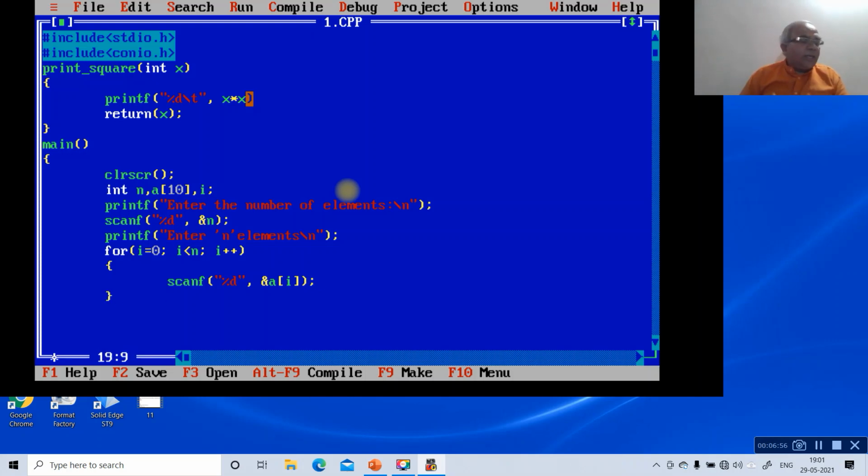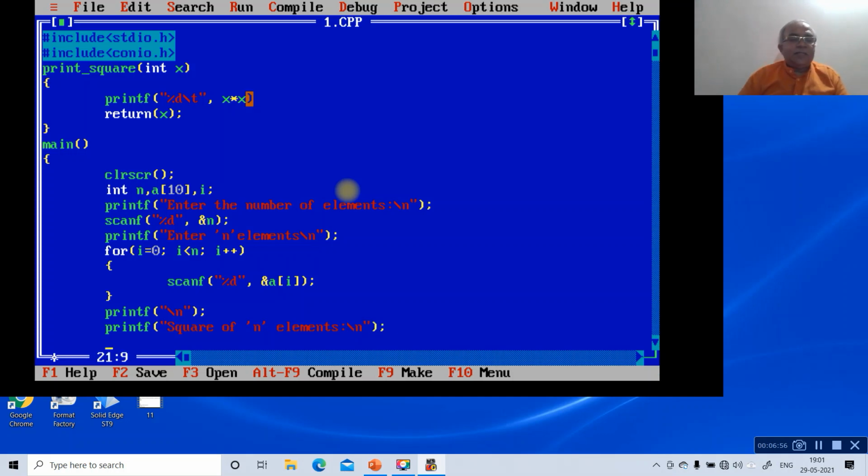Then I want to give a gap, so I will say printf "\n" and close this. Then I am going to give the square of the elements, so printf "square of n elements". Sorry, here you have given the small n, so we will also give small n here. Of course, you can type relevant to the requirement. Square of n elements, then say colon.